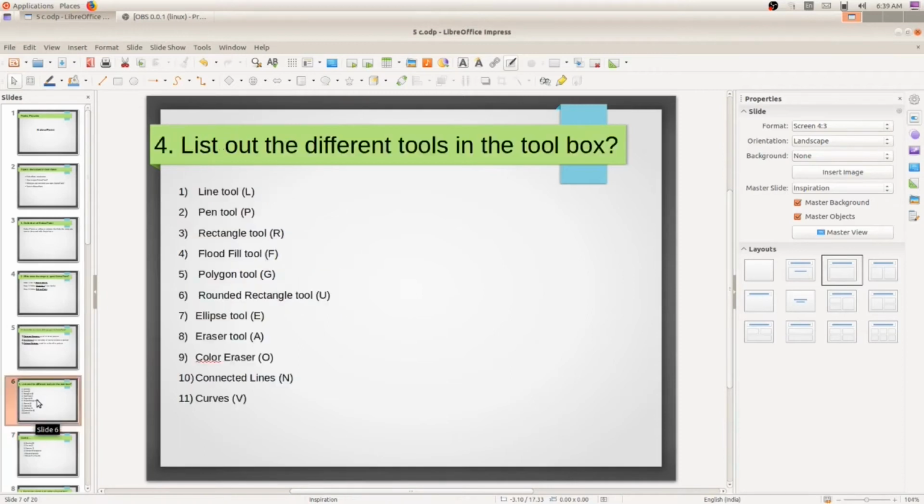You just study the names of the tools, but focus on the tools which we studied in the last class. They are the line tool, pen tool, rectangle tool, flood fill tool, eraser tool. My dear students, please take down these tools in your notebook.